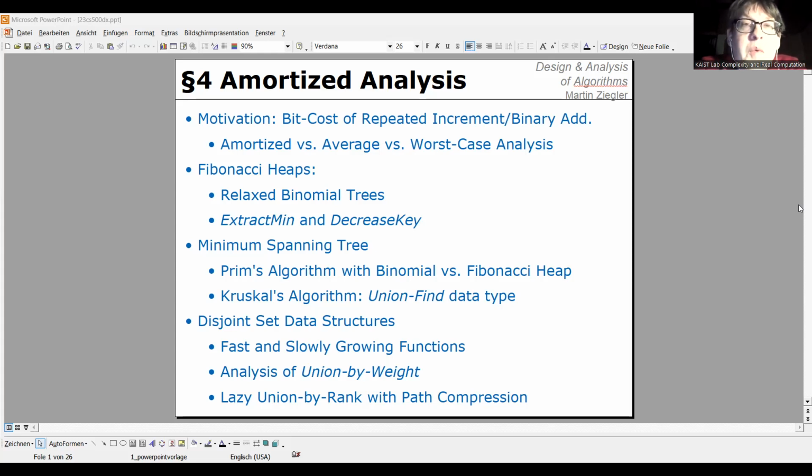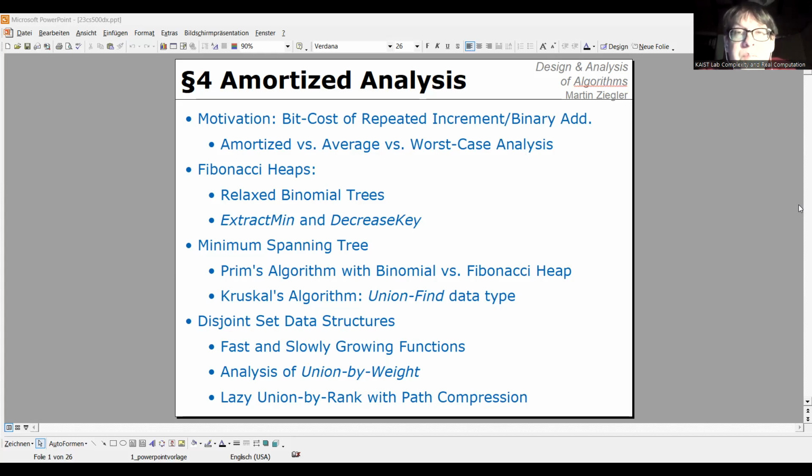Then we proceeded to discuss Fibonacci heaps, which are forests of relaxed binomial trees, which we had analyzed before in the worst case setting. And we saw that in the amortized setting, Fibonacci heaps have mostly constant amortized cost. And for that purpose, we introduced and analyzed them in terms of two savings accounts, which is one way of looking at the amortized cost definition and the analysis. Here we use two savings accounts, one to account for the number of relaxed binomial trees in the list comprising a Fibonacci heap, and another banking account to charge for the marks